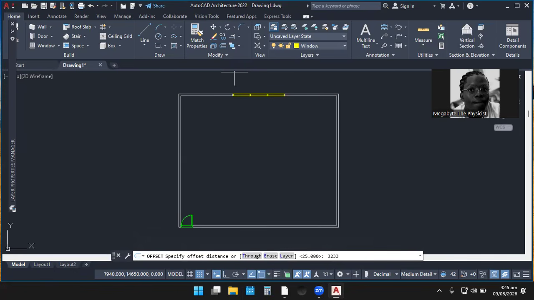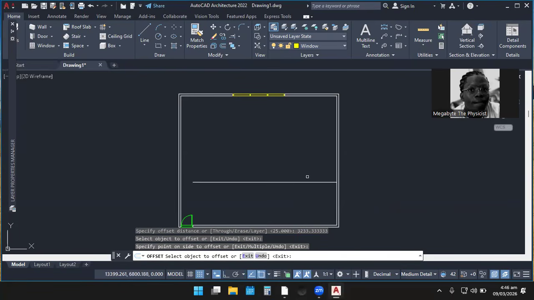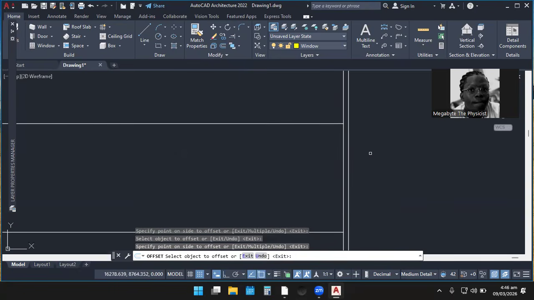So if we still want to maintain the same decimal places we are seeing on the calculator, then we can choose it. So how many 3s came? 1, 2, 3, 4, 5, 6. Exactly. Then enter. So we can offset this that number of times, and then that is it. Okay. So we can now extend these lines.